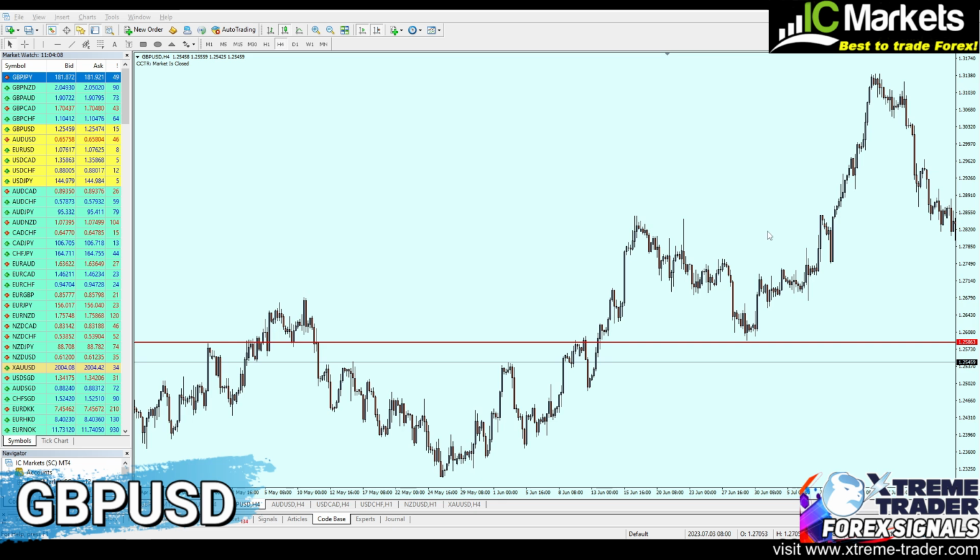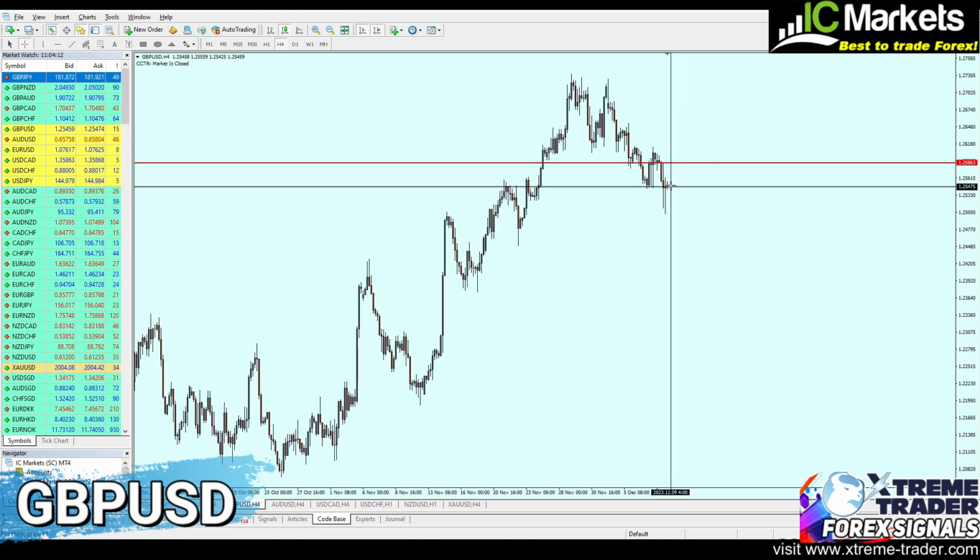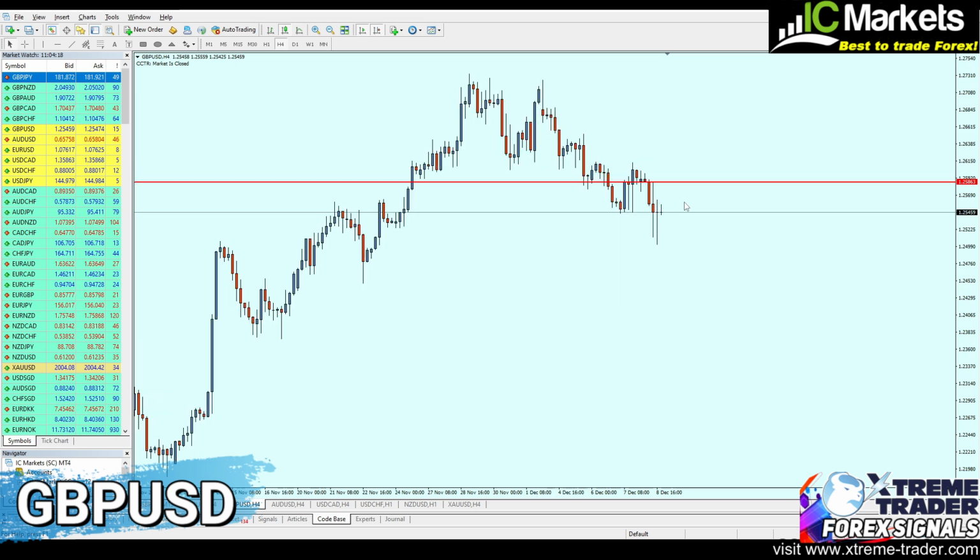So 1.25863 is a strong real level of a key resistance. So therefore, let's wait for the pound USD to rise for another almost 40 pips before we can continue shorting it. And also right here, we can see that the pound USD has also created here a double top pattern,